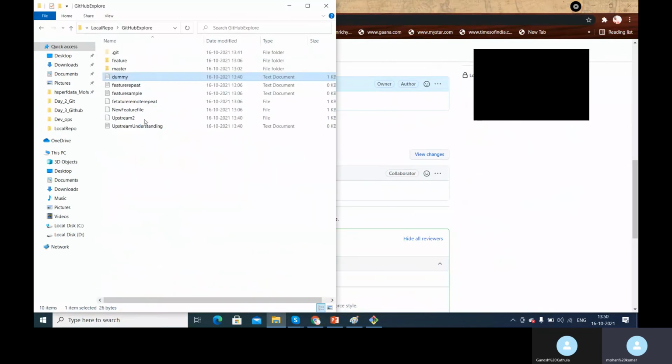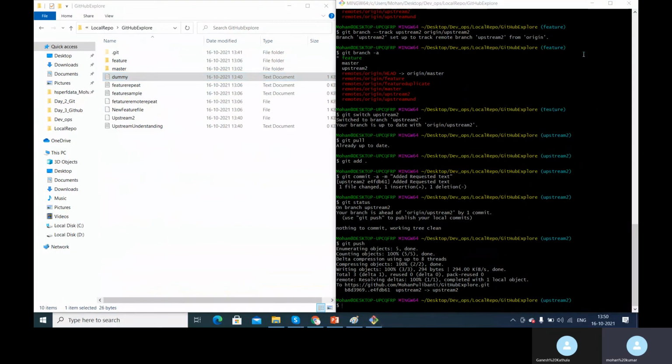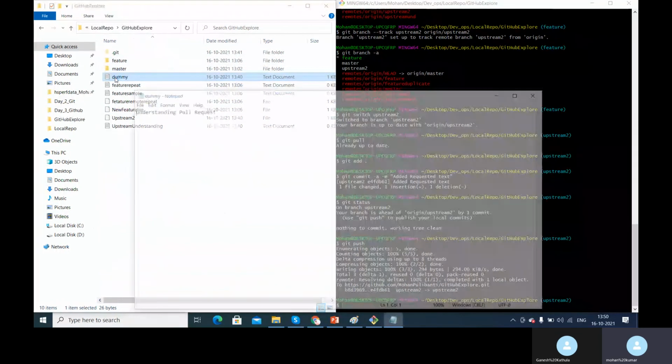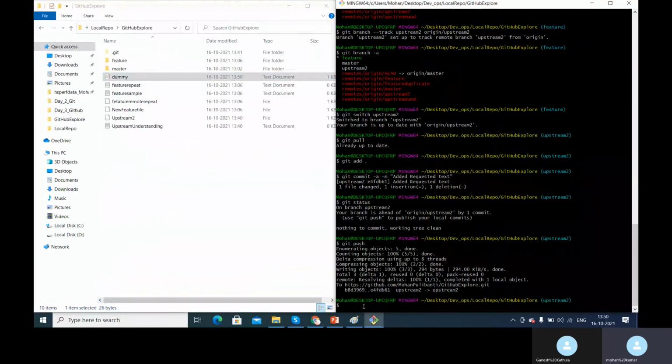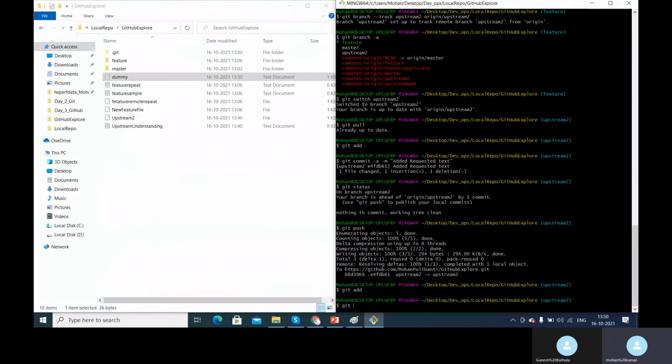So again, go back to your local repository and open your git bash. The requested changes are that the P and R should be changed to small letters. So I'm doing that. P is changed to small letter and R is changed to small letter, and I'm saving it now and closing it. Once this is closed, I just need to add this and I just need to commit this.